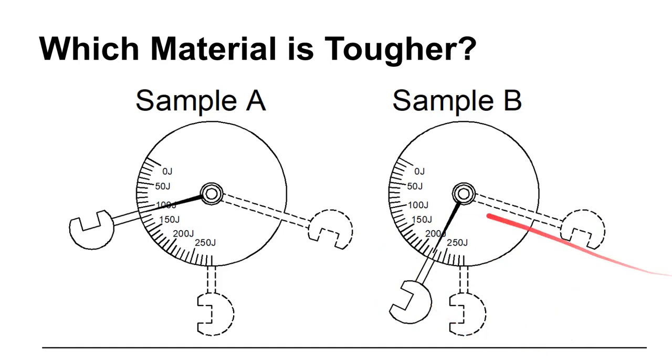Now, also be careful the way that the question is worded, because I might say that 2 pieces of O1 tool steel were heat treated. One was heat treated to become very hard, and one was heat treated to become very soft. Which is the hard one and which is the soft one? Okay, in that case, this is the hard one, because harder materials are going to be less tough, less brittle, all things being equal, than a material that's annealed, which would have a higher amount of toughness, more impact energy. So make sure that you're careful with the wording of the question, and make sure that you're reading those scales